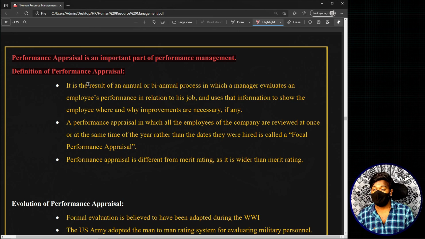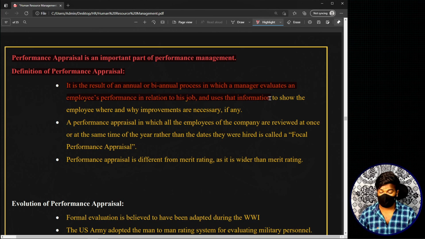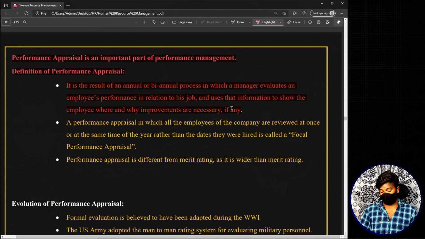See, performance appraisal is basically the result of an annual or a biannual process in which a manager evaluates an employee's performance in relation to his job and uses that information, obtained by comparing the actual performance and the expected performance, to show the employee where and why improvements are necessary, if any. So this is the basic definition of performance appraisal. It is the result of an annual or a biannual process,